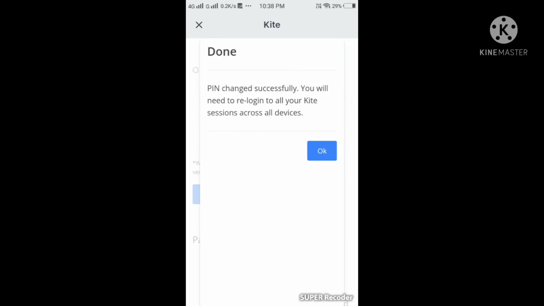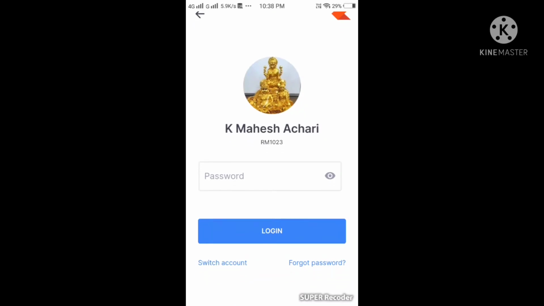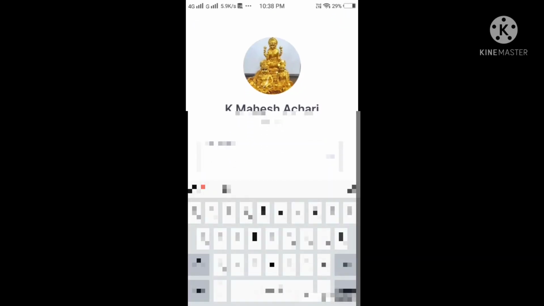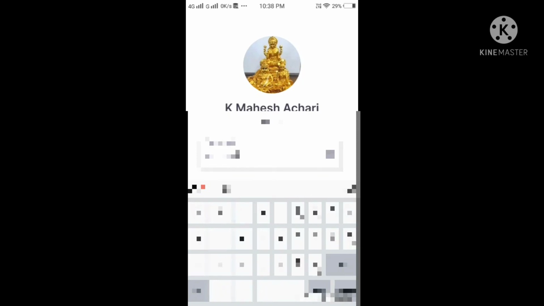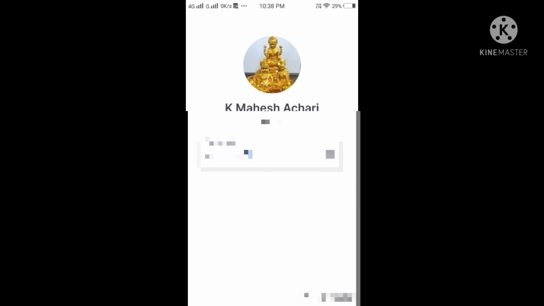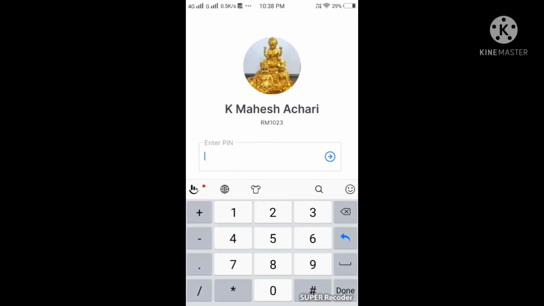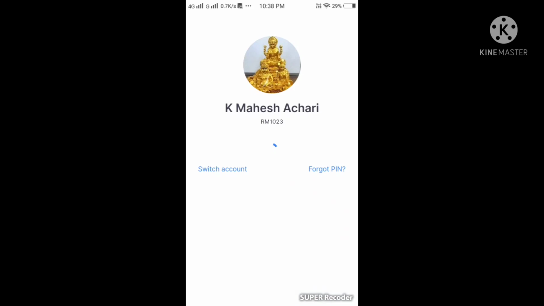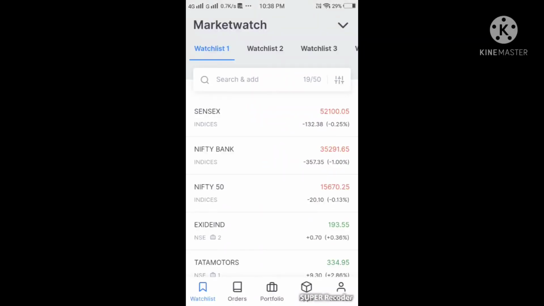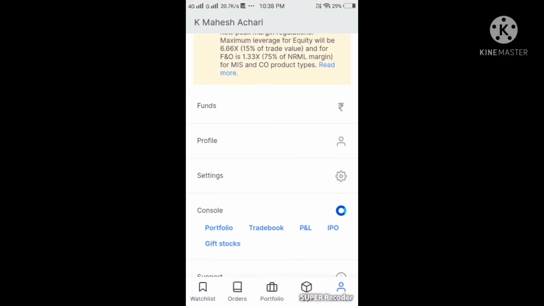You will need to re-log in once again to check whether it is disabled or not, right? So again we are going to re-log in once again, PIN changed successfully. So now I am going to re-log into my Demat account. Yes, enter your client ID and password. If it asks you for the TOTP instead of the security PIN, then TOTP is still enabled. See, now it is asking you to enter your security PIN, the 6-digit PIN, right? So now the account is opened.